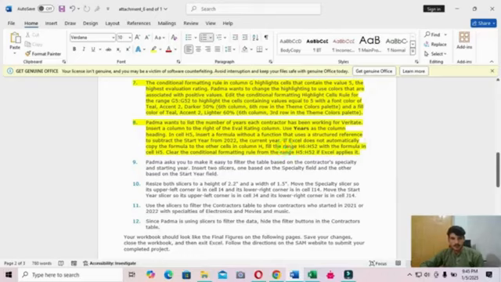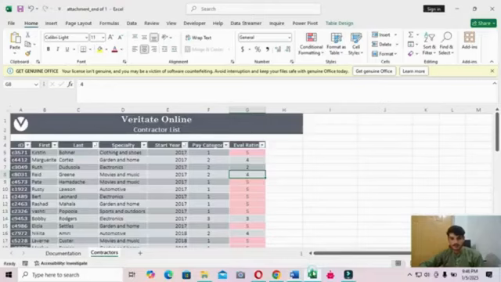Padma wants to list the number of years each contractor has been working. Insert a column to the right of the Eval Rating column. Use Years as the column heading. In cell H5, insert a formula without a function that uses a structured reference to subtract the start year from 2022, the current year. Okay, go back to the Excel sheet.